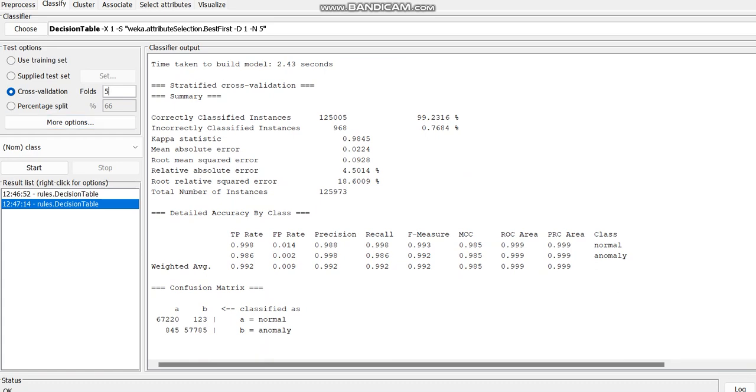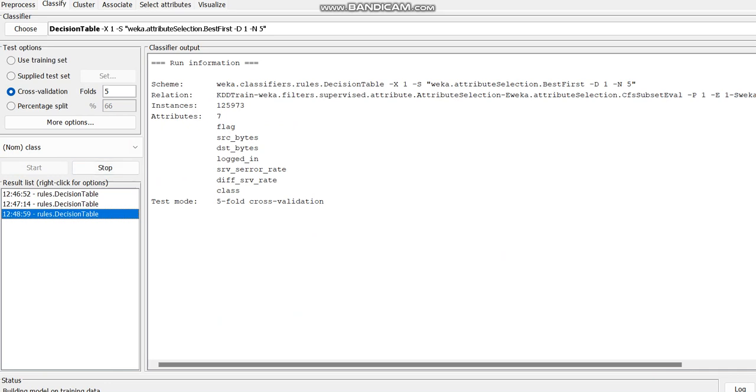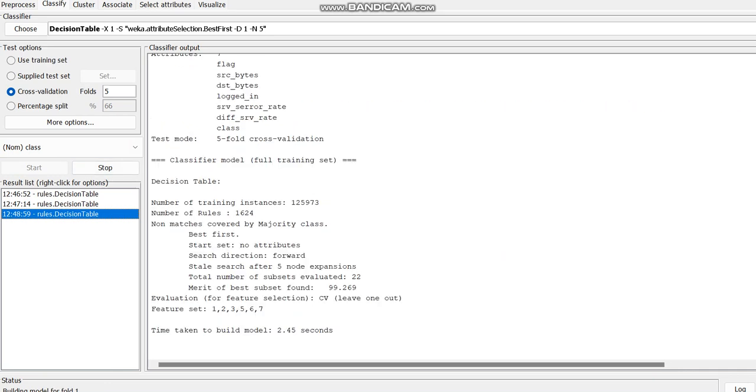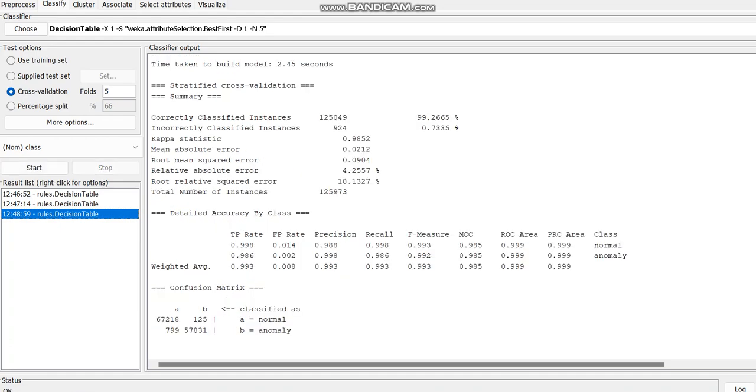So now we can check with the five-fold. Five-fold is also not taking much time, only 2.4 seconds to build the model. But till now we haven't received the values. Now we can see it is received. So for every fold, you can see there is some difference, but not much, only some minute variations. So this is the decision tree with Weka and also the supervised filtering